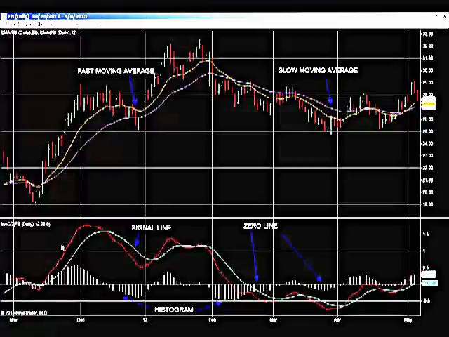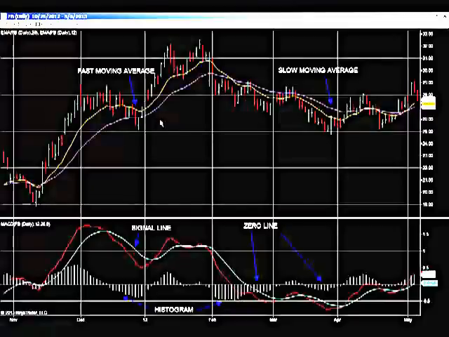Now, how do we utilize the MACD? It's very simple. Notice every time the moving averages cross. Whenever you have the fast-moving average cross above the slow-moving average, you have a positive MACD line. The MACD line crosses above, at the same time the fast-moving average crosses above the slow-moving average. And whenever the slow-moving average crosses above the fast-moving average, you will see the MACD line cross down below the